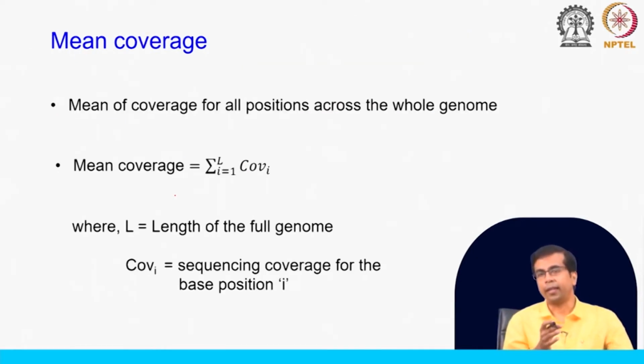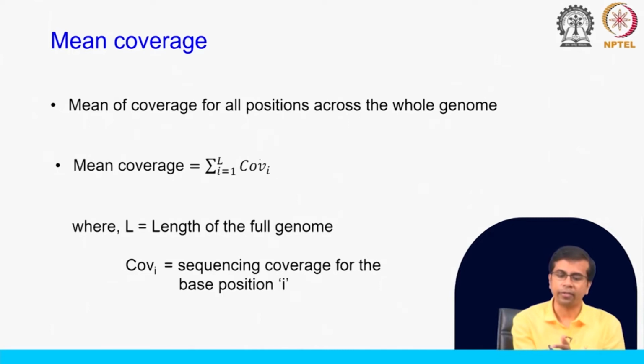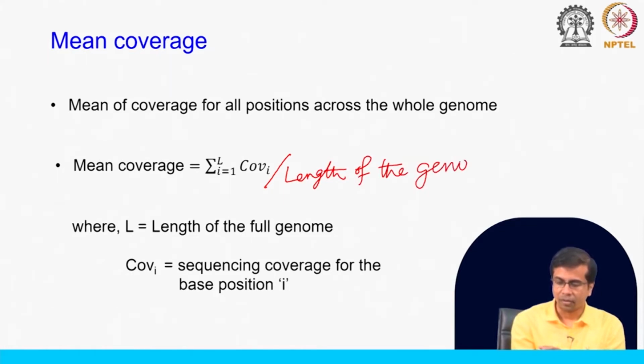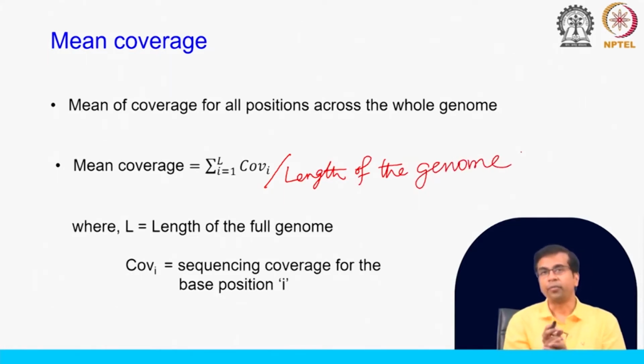Now, there is another term which is called the mean coverage. This is the mean of coverage for all positions across the whole genome. If you take the coverage value for each position of the genome and average, that will give you the mean coverage. Here is the mean coverage formula. This is the coverage i summed over i equals 1 to L, and then of course, you have to divide by the length of the genome. L is the length of the full genome,